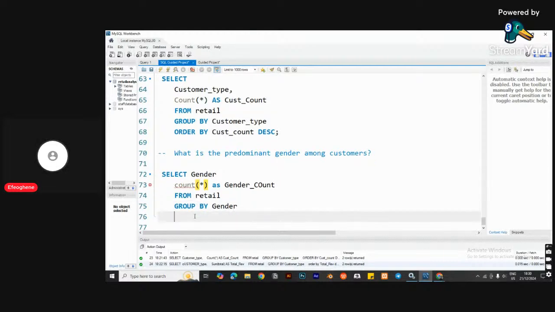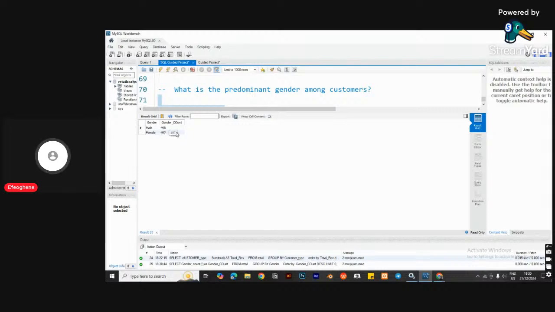Because they have similar values. Remember, grouping is based off similar values. Check the notes for references. Group by, and what are we ordering by? We're ordering by gender count, in what manner? Descending. All right, so I think we are good to go. There's still an error here. I think I have to put a comma here. So if we run this,